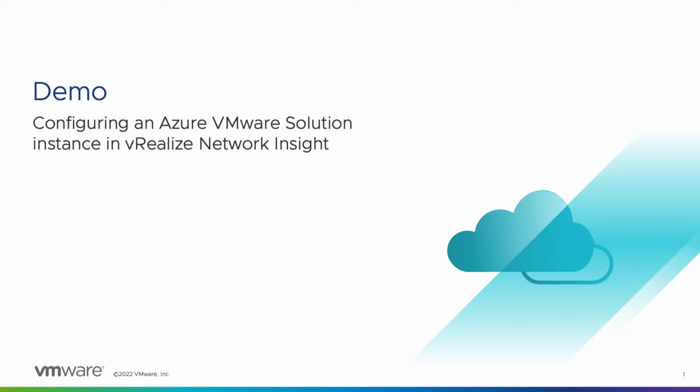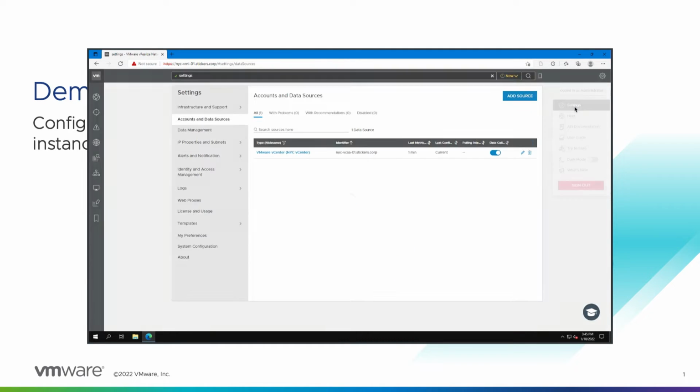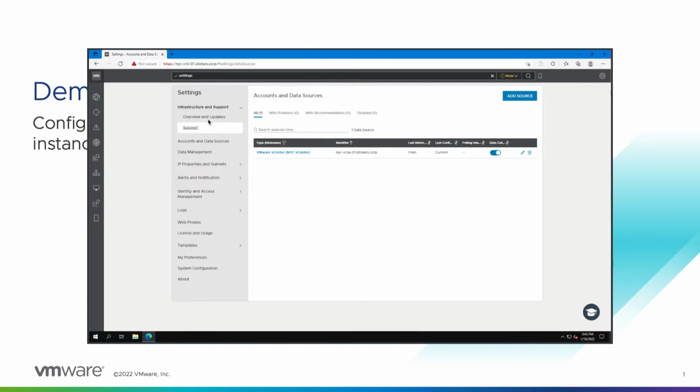Hello! In this demo, we are going to add an AVS private cloud object and its Azure subscription as data sources to vRealize Network Insight. So we're starting here at the vRealize Network Insight homepage. We're going to go to Settings, Accounts and Data Sources,